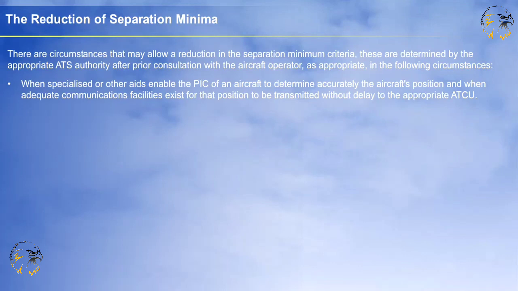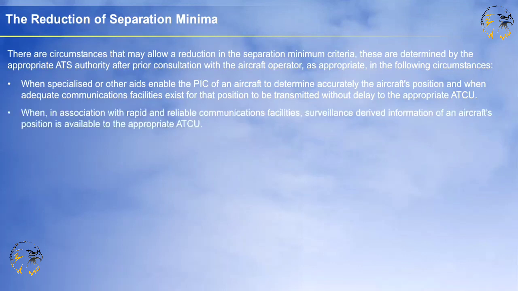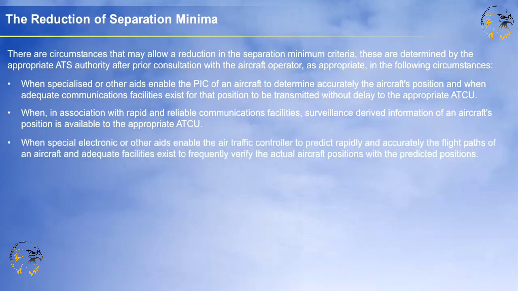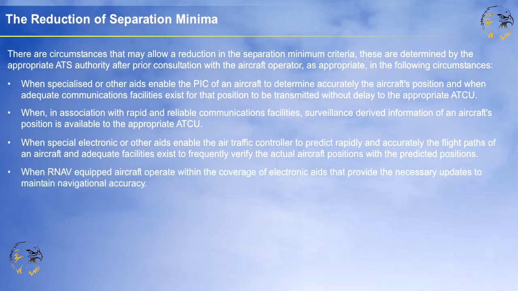to the appropriate air traffic control unit, when, in association with rapid and reliable communications facilities, radar-derived information of an aircraft's position is available to the appropriate air traffic control unit, when special electronic or other aids enable the air traffic controller to predict rapidly and accurately the flight path of an aircraft, and adequate facilities exist to frequently verify the actual aircraft positions with the predicted positions,